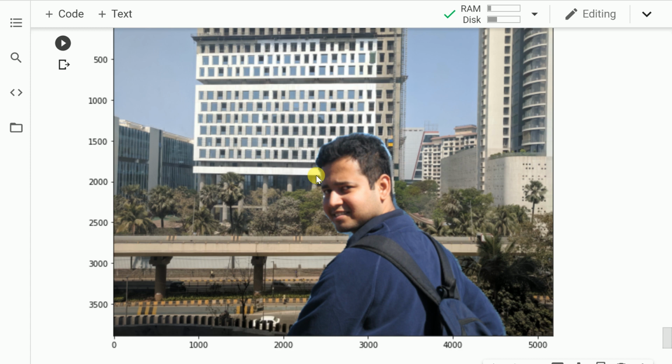So this is all that I had in this video in terms of demonstrating the power of this amazing library called PixelLib. Feel free to explore more functions. If you can think of more functions that can be added to this library, feel free to create pull requests around this.